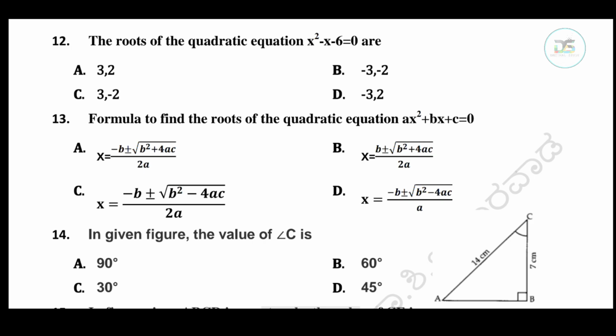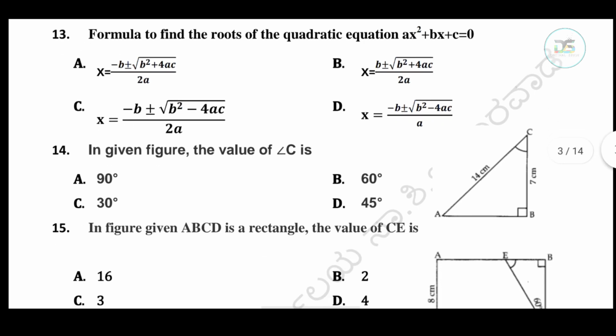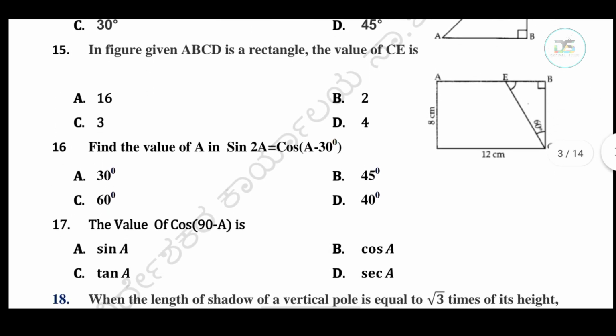Next question. In the given figure, the value of angle C is. Options are 90 degree, 60 degree, 30 degree, 45 degree. The right answer is option B, 60 degree. Next question. In the given figure, ABCD is a rectangle. The value of CE is. Options are 16, 2, 3 and 4. The right answer is option A,